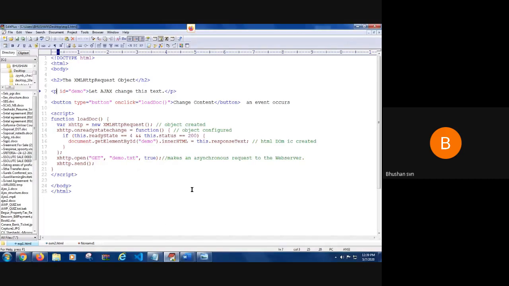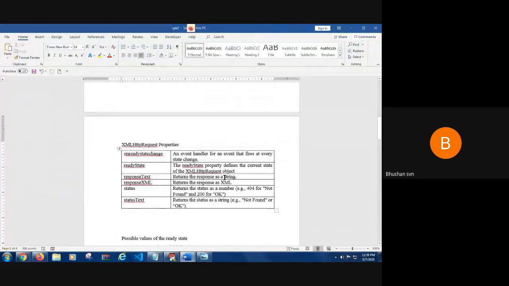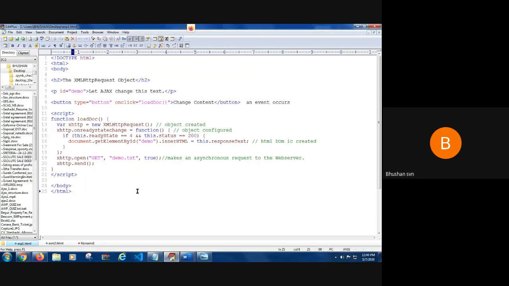So this dot response text. What is response text? It is a property. See here I have showcased it. It returns the response as a string. It's not XML data. It's a simple text in the form of a string to be displayed.